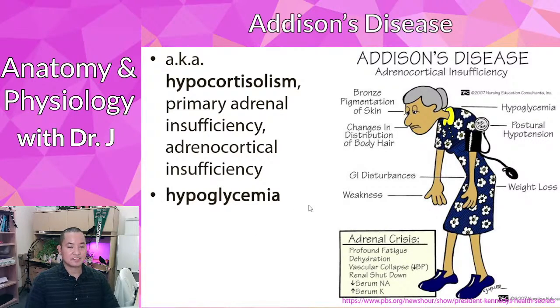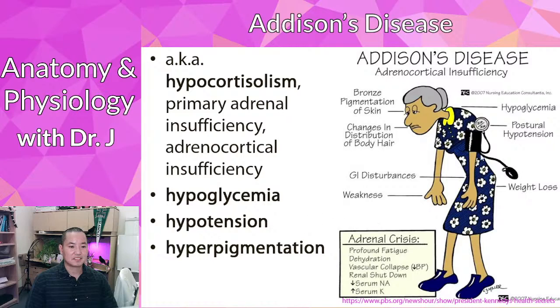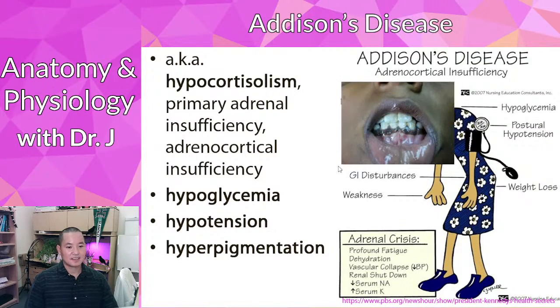So yeah, hypoglycemia, low blood sugar, hypotension, low blood pressure, hyperpigmentation, that's what they were referring to with this bronze pigmentation of the skin. And over here, what we see is that this individual with Addison's disease has hyperpigmentation of their gums. So you can see their lips and the inside of their mouth, but yeah, this hyperpigmentation, they have really, really dark gums. Not all of them will have this, but this is a classic giveaway or something that strongly suggests